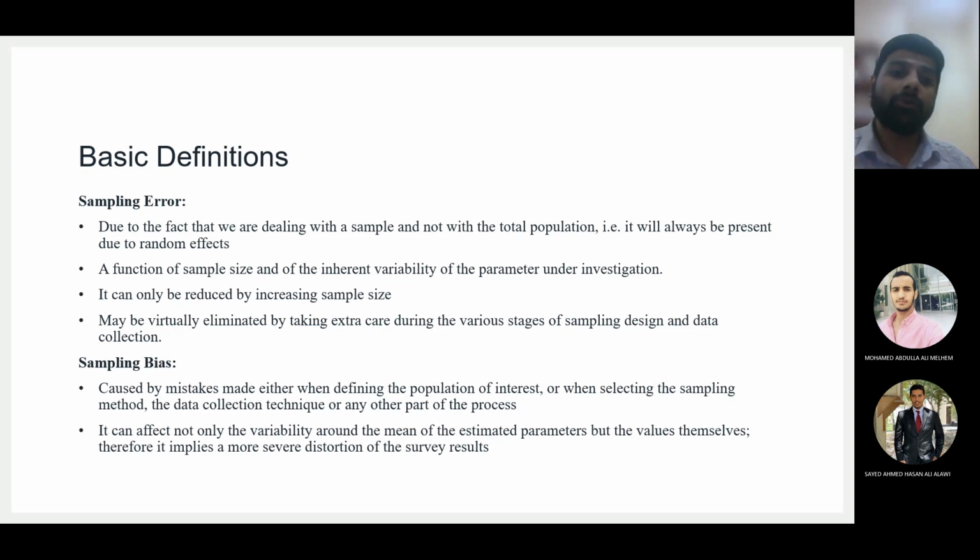Now if I tell you I want a sample of grades for all students in the department, this is now a lot of variation, right? Undergraduate students, graduate students, and then within undergraduate students I have different levels. So now I'm increasing the variation, so sampling error will be higher. Whatever parameter you are collecting, if that parameter has more variation, the sampling error will be higher, and vice versa, but you can reduce the sampling error by increasing the sample size.